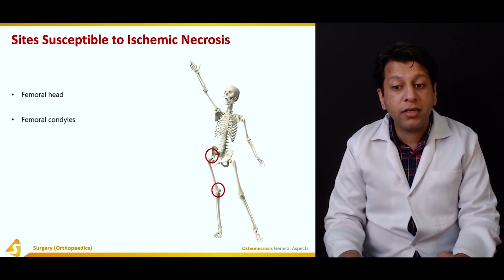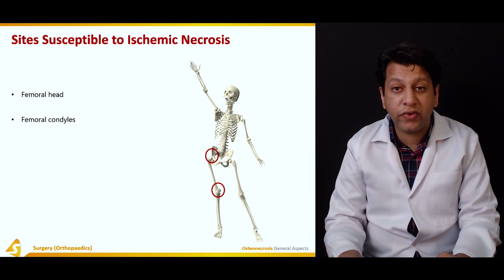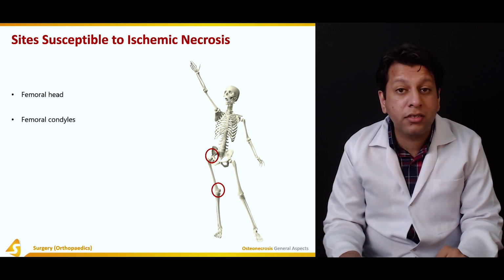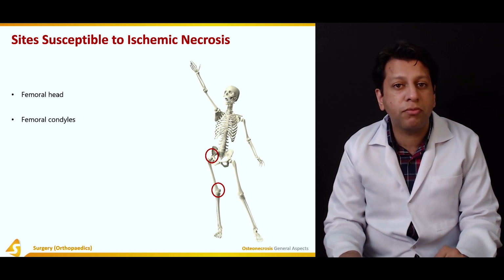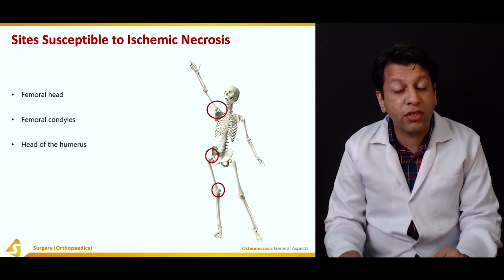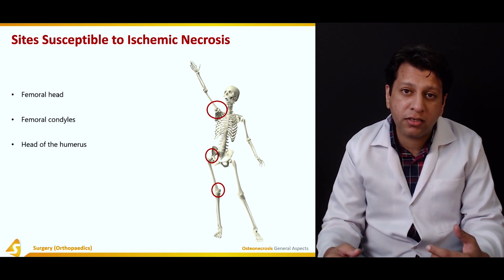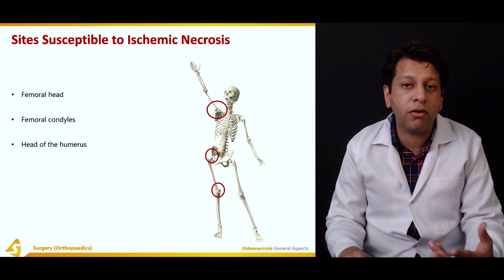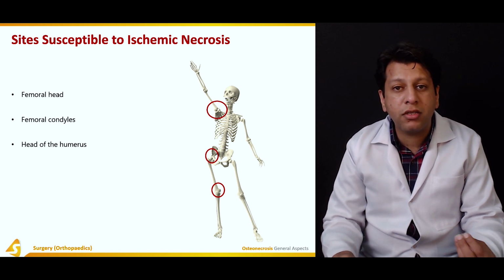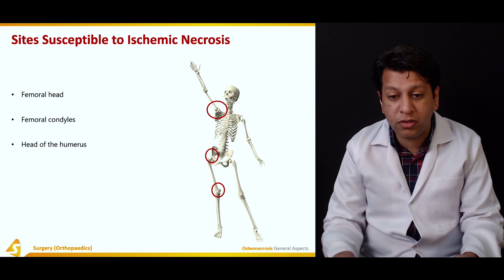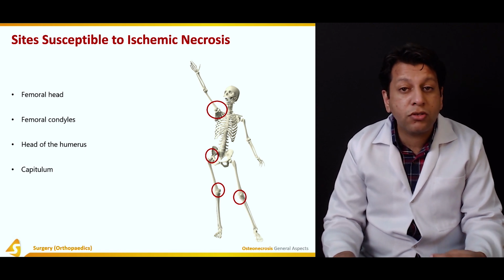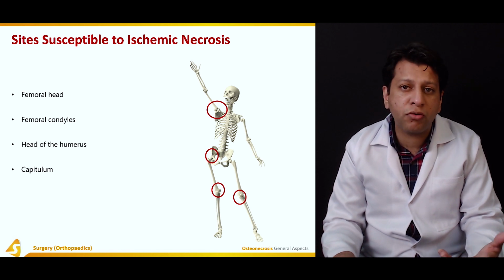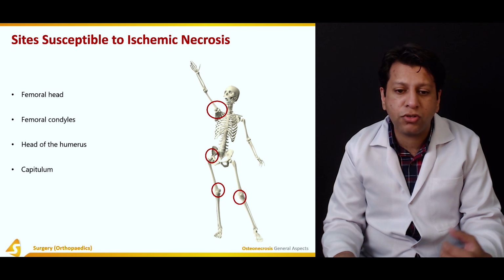Coming to the femoral condyles, they can also be susceptible, although there are a lot of genicular arteries and a lot of genicular anastomosis around the knee. But femoral condyles can also get necrosed, especially post-trauma. And the head of the humerus: in the humerus, we have a similar mechanism. We have circumflex arteries which are running there. If they get damaged due to any cause, this can result in the loss of vascular supply to the head of the humerus. Then there is the capitulum. This is a very small bone in the elbow, which, if it gets damaged during an elbow dislocation or traumatic incident, can lead to osteonecrosis.